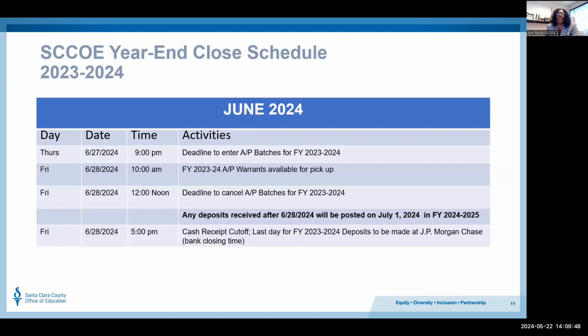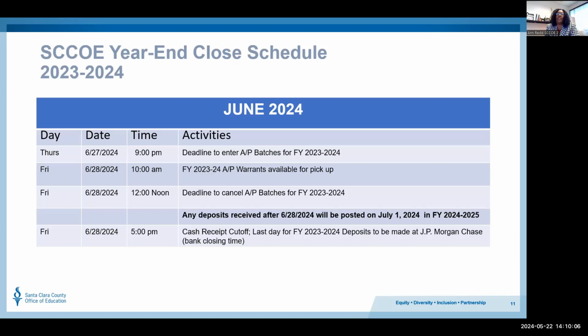The following day at 10 a.m., those warrants will be available for pickup for 23-24 warrants that were entered the previous day. At noon will be the deadline to cancel any AP batches for 23-24.